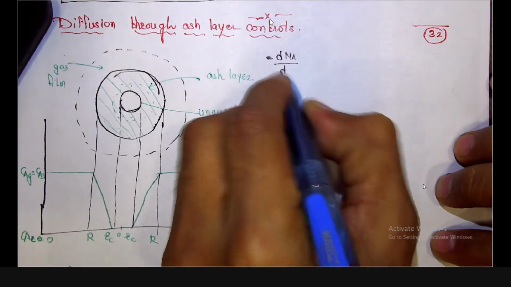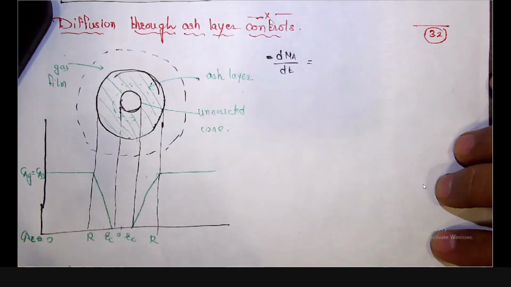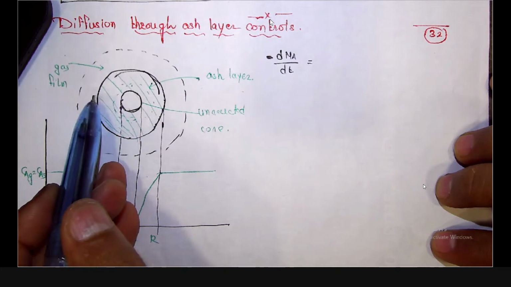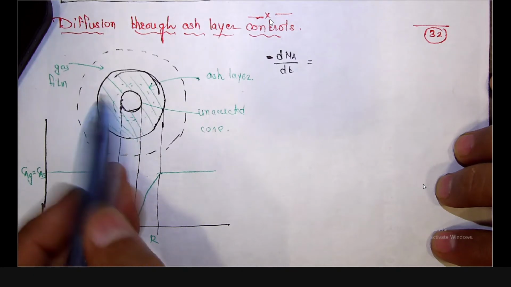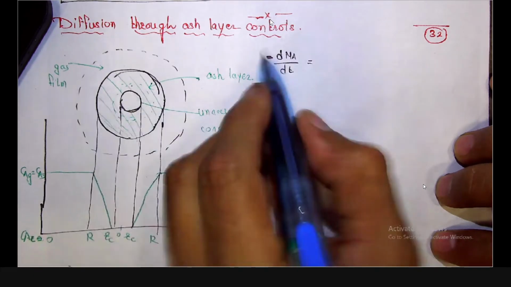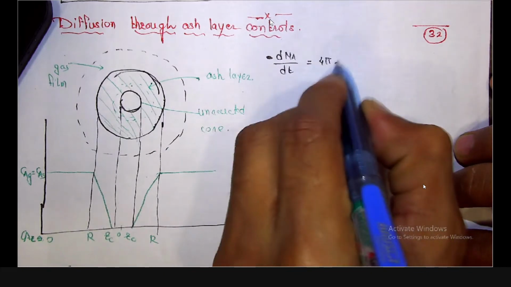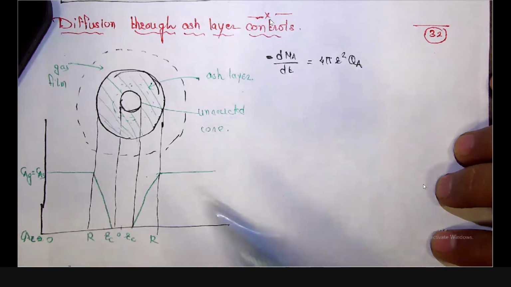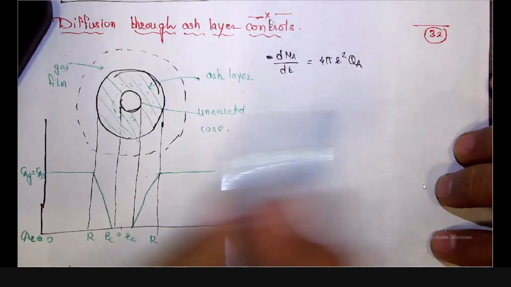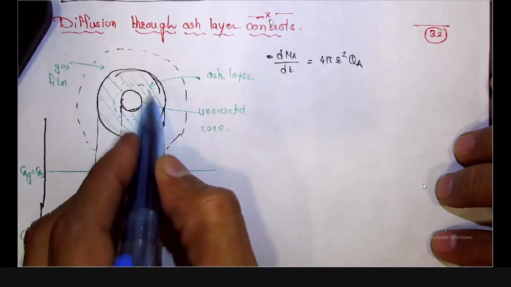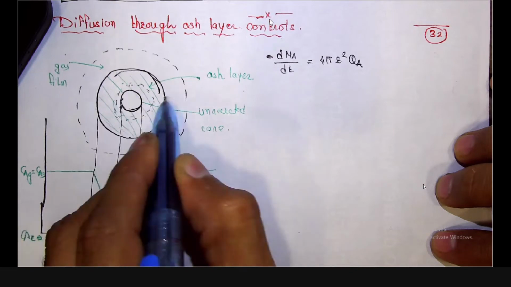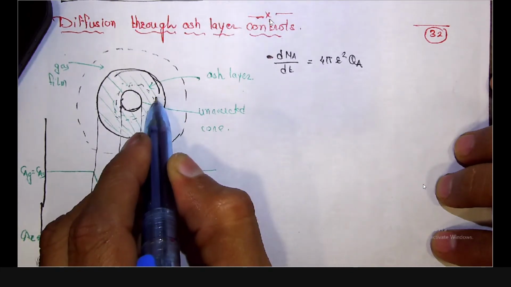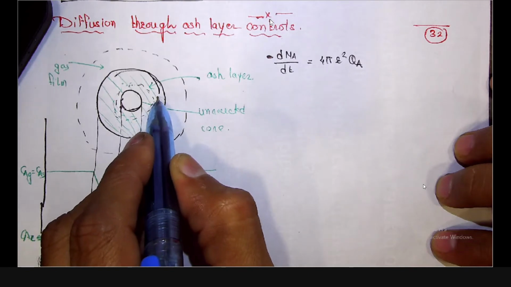dNA by dt will be equal to what? Here it will be not only the diffusion, but simply we can say the flux through this ash layer. So it will be 4 pi r square QA, that is the flux of A through the surface at any radius. So at any radius if you take it, this is the QA, the flux of A through the interior surface